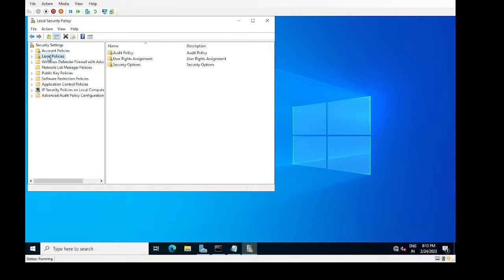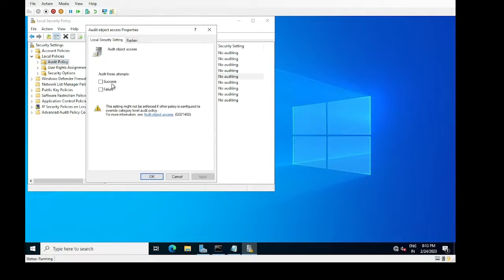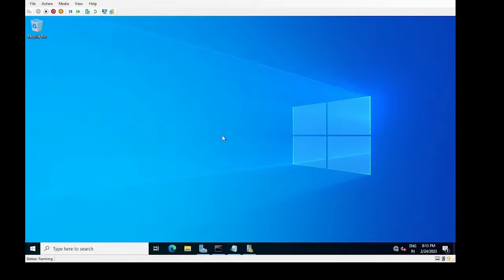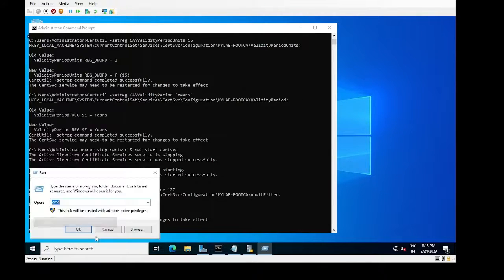So we go to the local security policies, we go to the local policies, you go to audit policies, and here you have to enable this audit for the object access. That is the auditing, another auditing we have to do apart from setting this registry key to 127, right? So at this point of time, our registry key configuration is completed, and you can go to the registry path